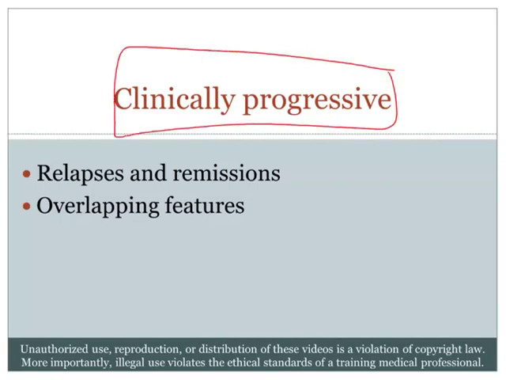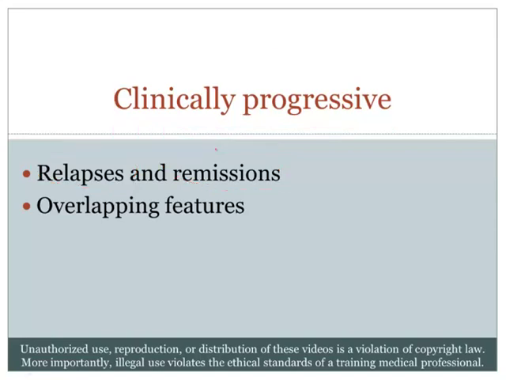Now what happens is the patients tend to get relapses and remissions, and the reason they get relapses and remissions is because the antigen is always present, and so you get exposure to the antigen, you get amplification of the immune system, that results in a flare, eventually the immune response remits, the patient goes along, and then all of a sudden there's a relapse with a flare with amplification of the immune response. And so that's a classic presentation of autoimmune disorders, that they relapse and they remit.